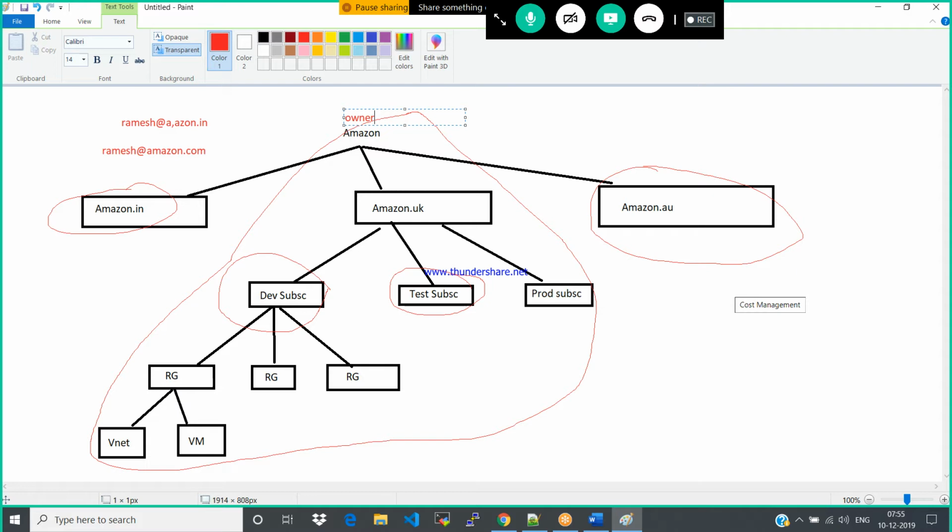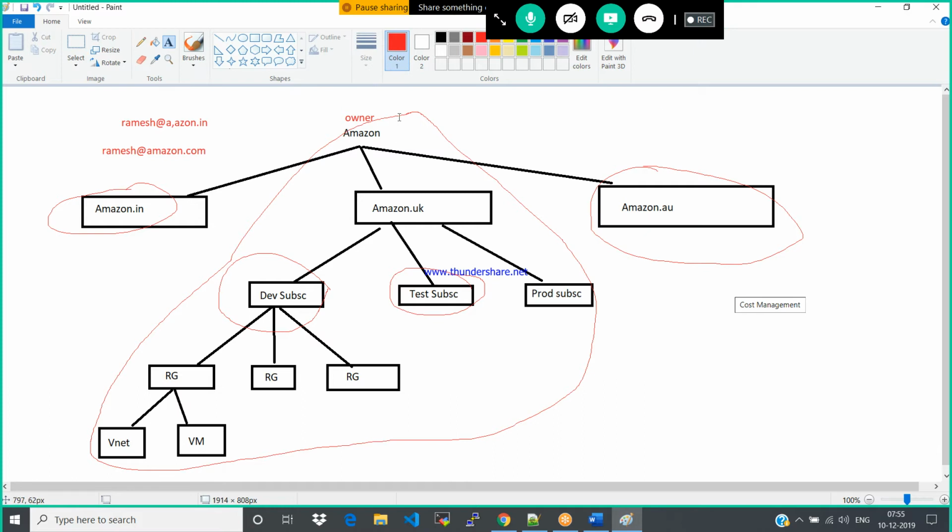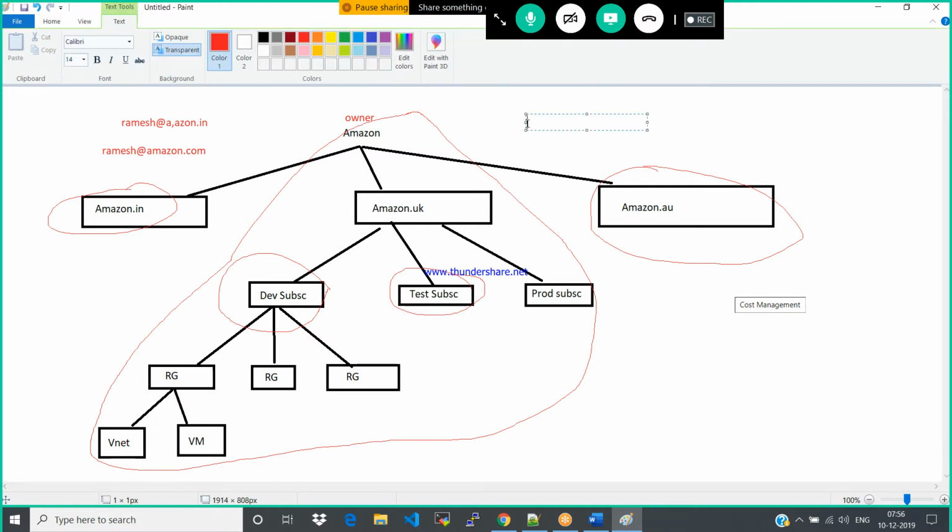Okay. So now, if you create your account, Ramesh at Outlook.com, how does Microsoft understand this? So Outlook is not your domain, like TCS or like Wipro. It's not your domain. Outlook is the domain of someone else.